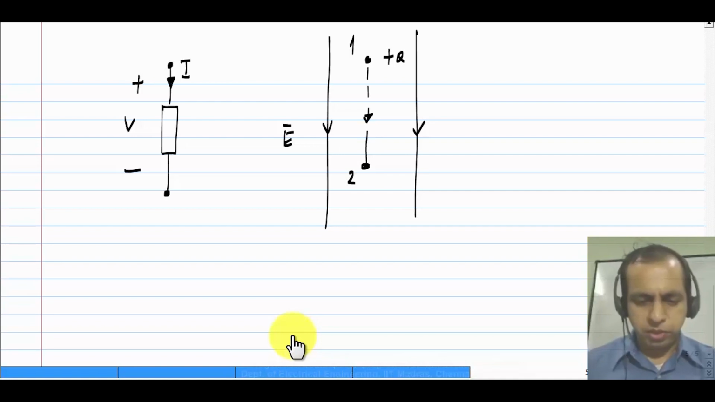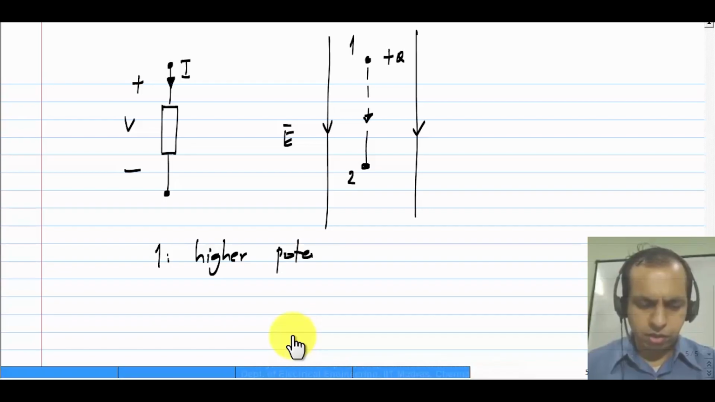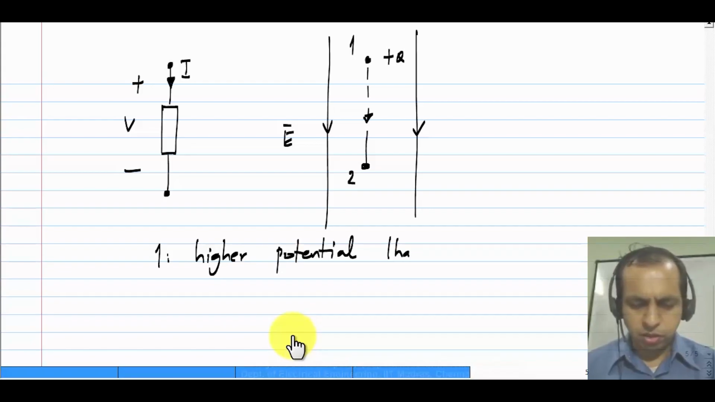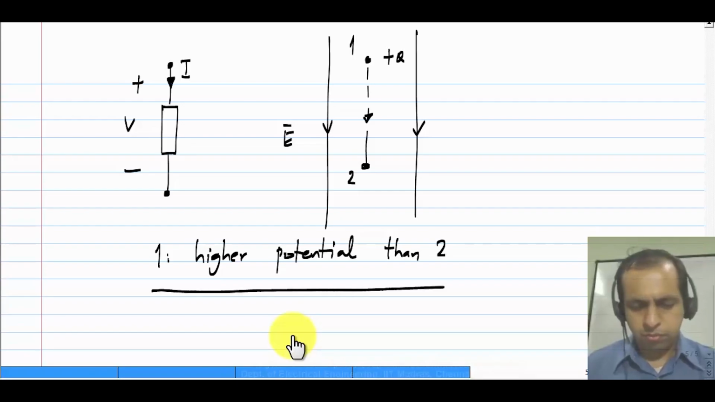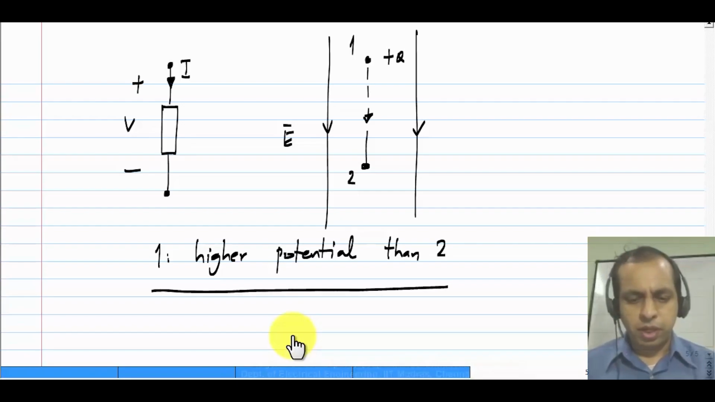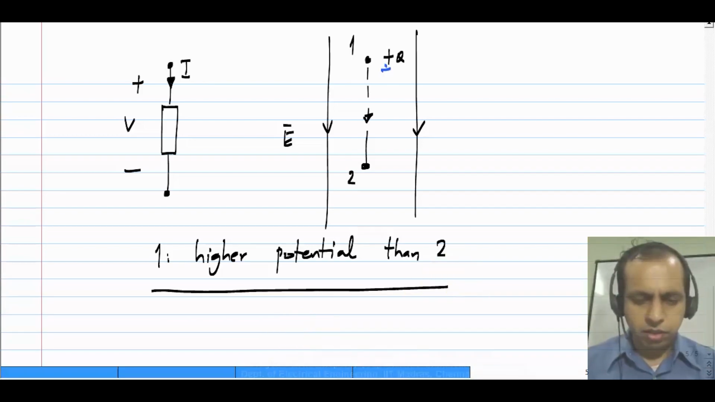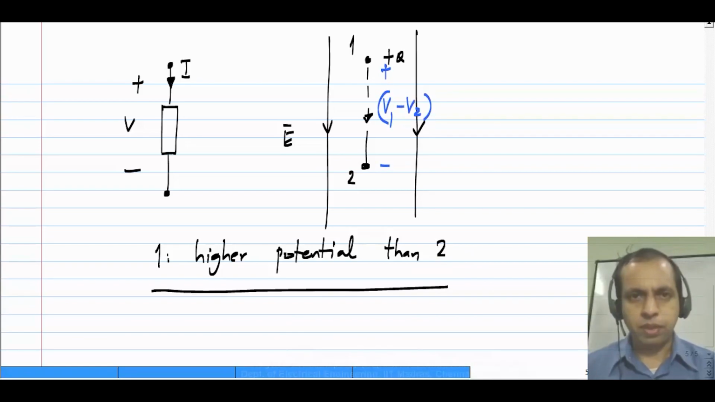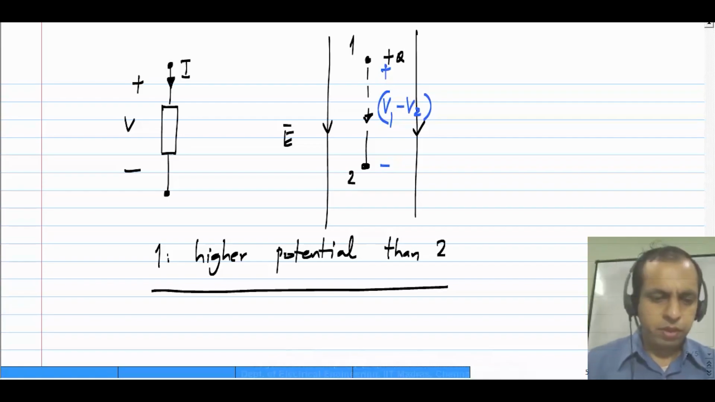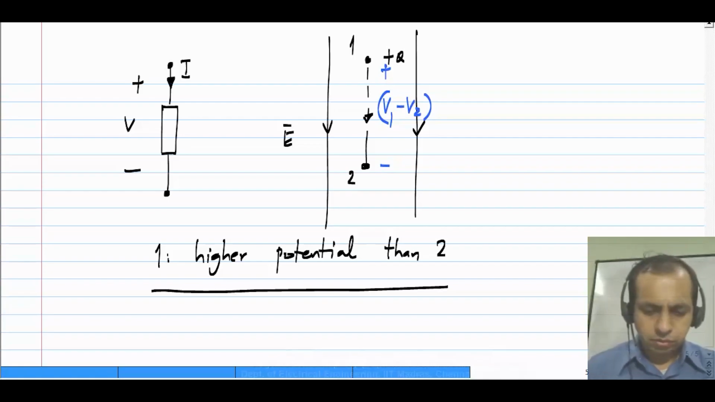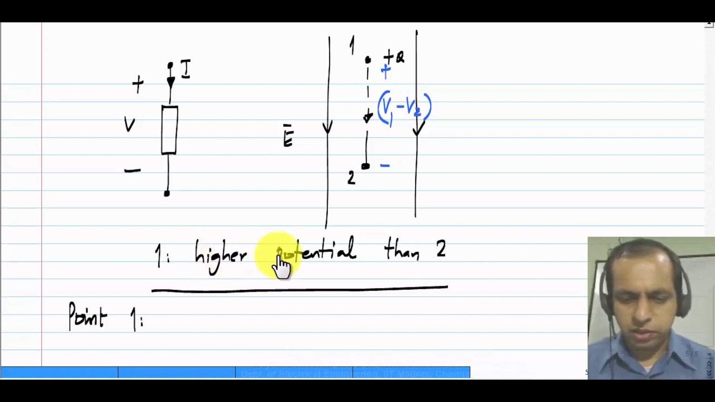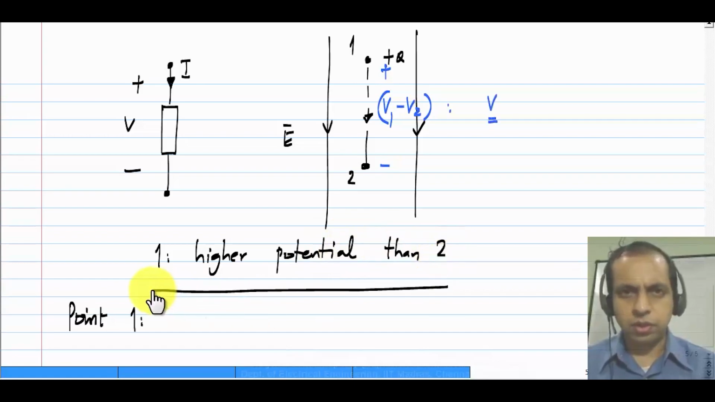So first of all, this means that 1 is at a higher potential than 2. Okay, and how much higher is basically characterized by the potential difference V1 minus V2. Okay, and the unit of potential difference, it is volts. Okay,